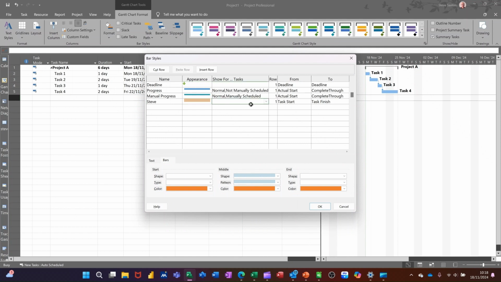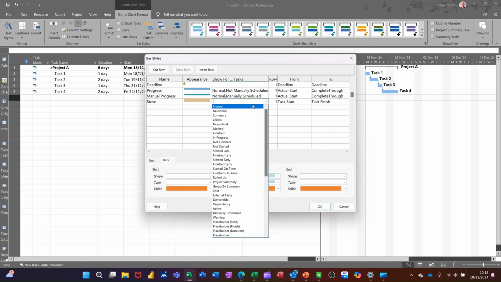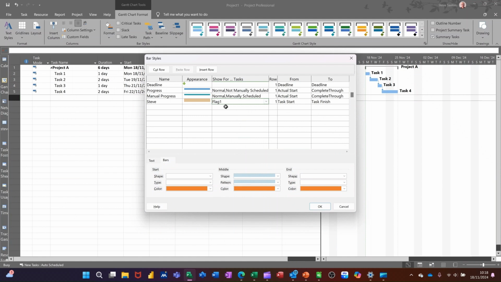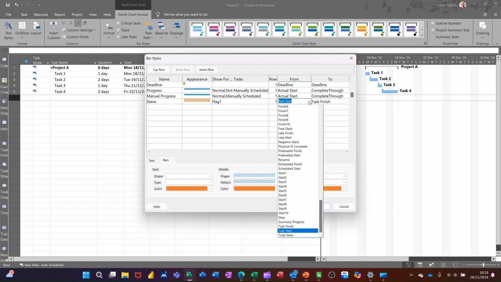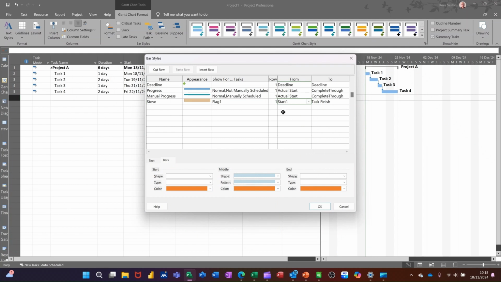And you've now got to select what is the trigger basically, which is going to be flag 1 in this example. So I've typed the F's and flag 1, went to finish, not flag 1, and then not the task start date because that is what this is. I want to use start 1 as a date. So start 1. Now these fields are used if you save an interim plan,